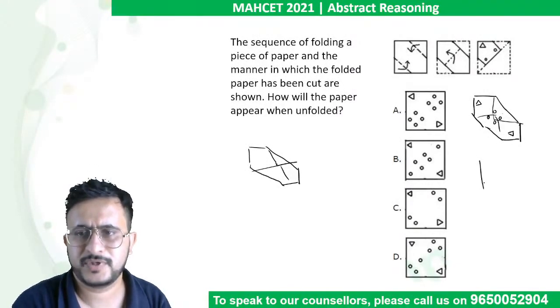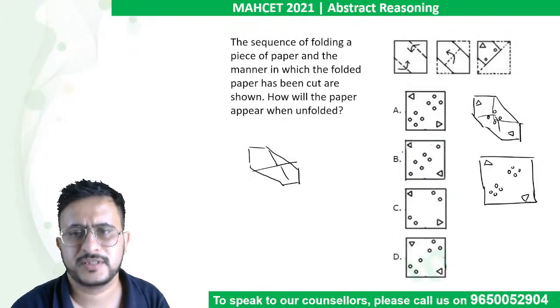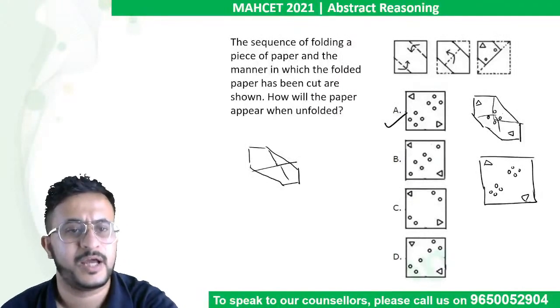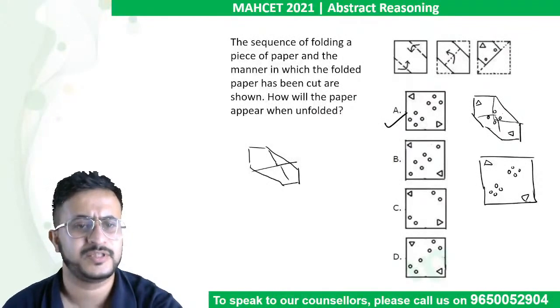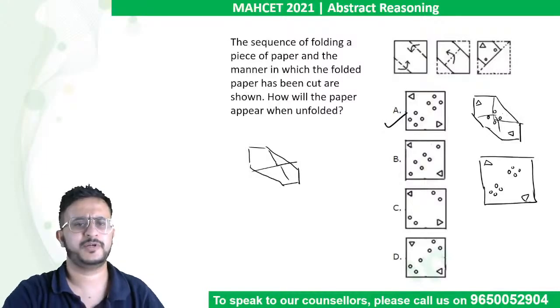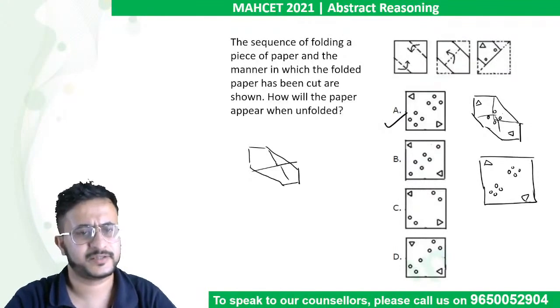So these two circles will come, like if you make it 4, if you open it, here a triangle, two triangles. So you had two circles inside. So when you reflect it, you will get two circles that side also, and similarly two circles this side. And when you unfold it, you will get two circles this side also. So that is option A, right? So in abstract reasoning, it's all about options, right? You can see the options and answer things, right? So just see the options. If you are unable to do it on your own, you cannot visualize, see the options, they will help you in answering the questions. Okay,